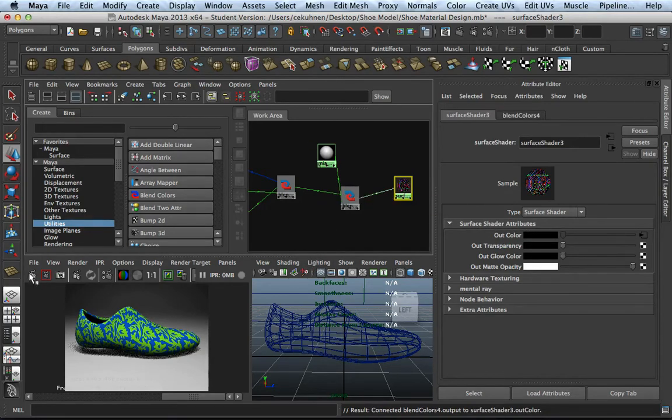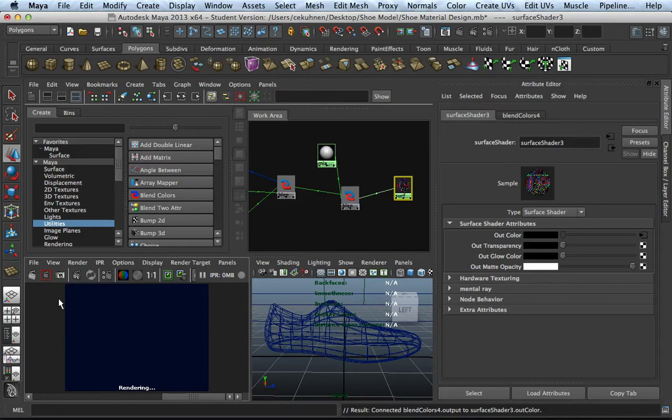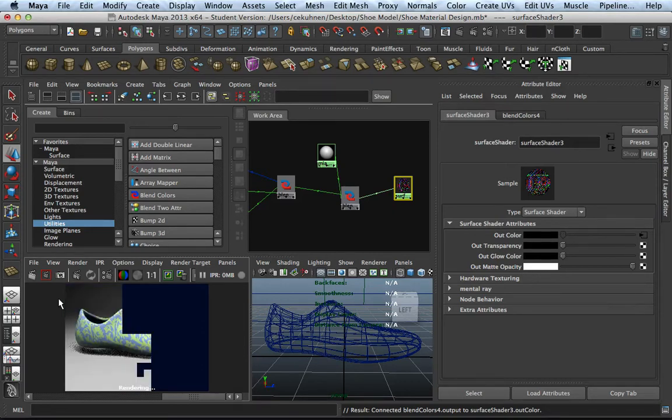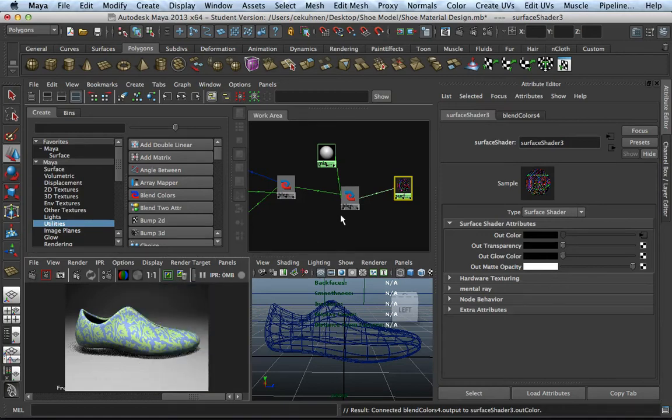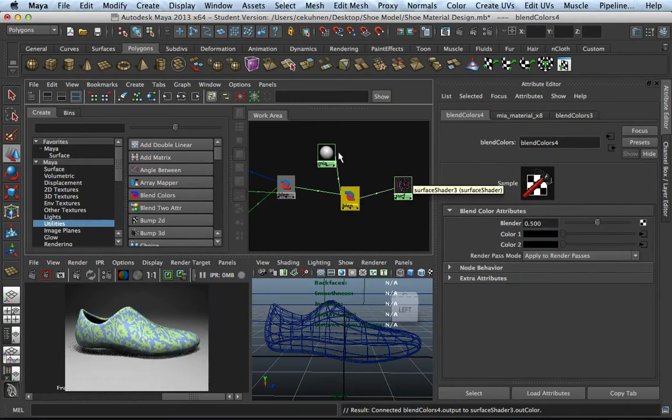And then let's make a rendering. And there you now see that 50% of this white material or reflective material is actually added all over the shoe, making it look kind of